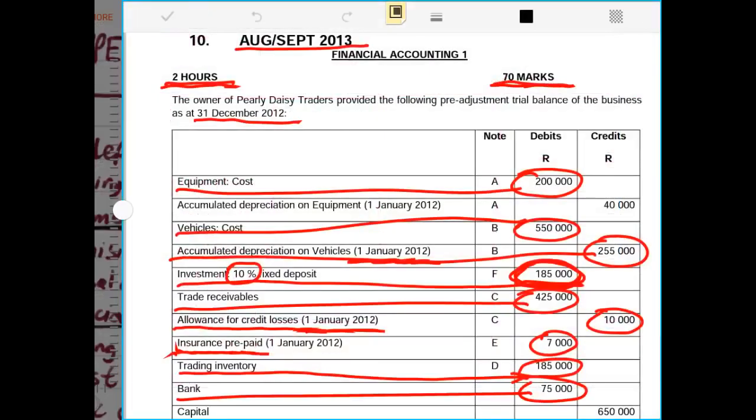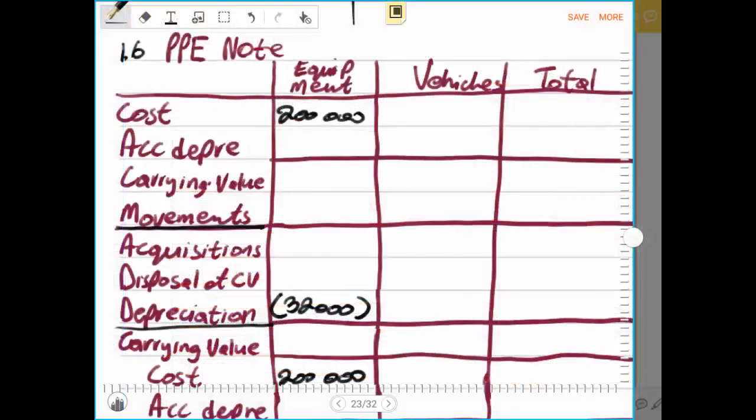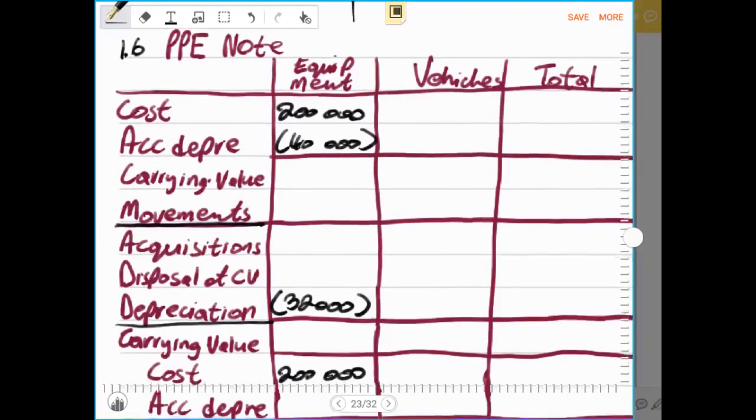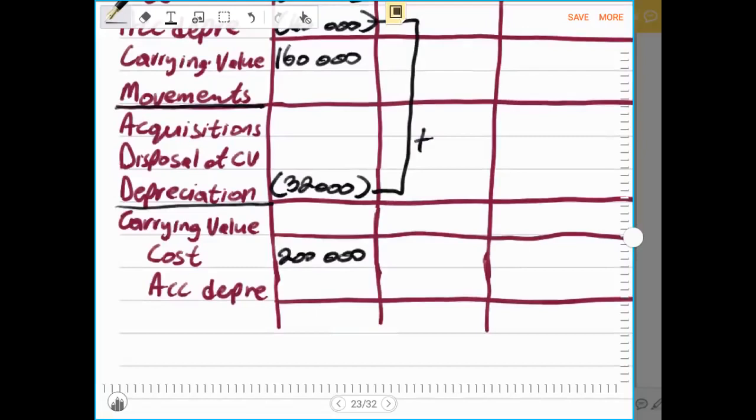Then we write the opening balance of the accumulated depreciation. The opening balance of the accumulated depreciation on equipment is given to be 40,000 rands. So we write that opening balance as 40,000 rands. Make sure that it is negative 40,000 rands. Remember, there was no purchase of any equipment during the year, and there was also no disposal of equipment during the year. And whenever that is the case, you just say opening accumulated depreciation, you add your depreciation during the year,